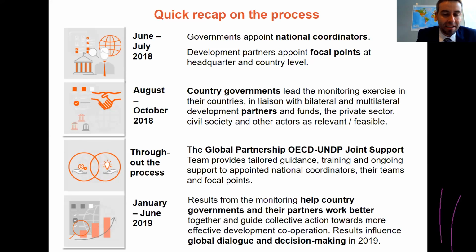And finally, as the data start to come in and you have the country report, we're going to help you find ways to move this data from monitoring results to action, and to improve the coordination arrangements and the collective action which is needed at country level. In addition, all this information and evidence is going to flow into the global dialogue and decision making happening in 2019.